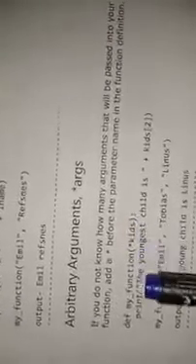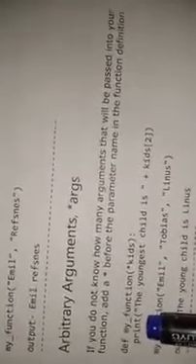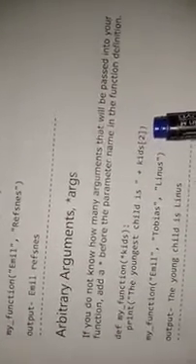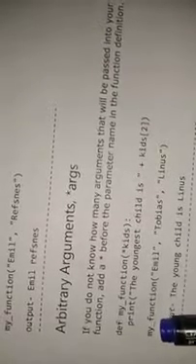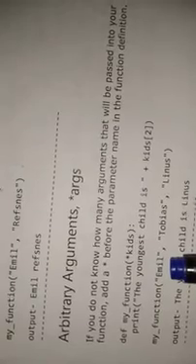Here let's see def my_function(*kids), and here the colon means it is a block of code, and here we print "The youngest child is" kids[2]. Here 2 acts as an index. Let's see how we call this function: my_function("Emil", "Tobias", "Linus"). Here I have passed 3 arguments, Emil, Tobias and Linus, and here I have called kids[2], which means this is index 0, this is 1, this is 2. Here the output is: The youngest child is Linus.